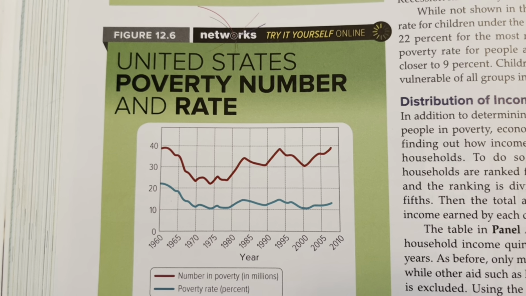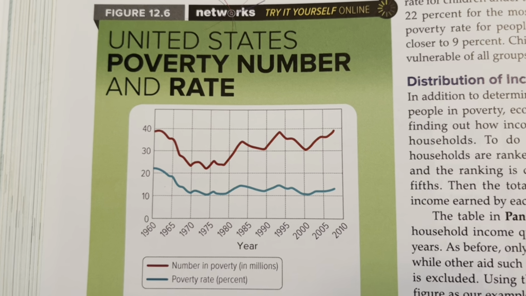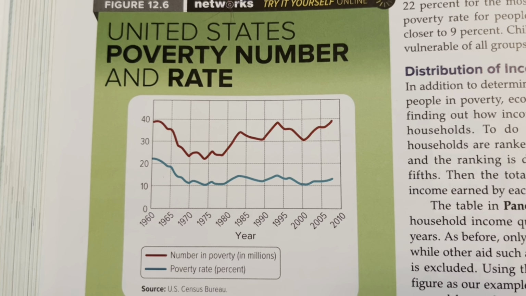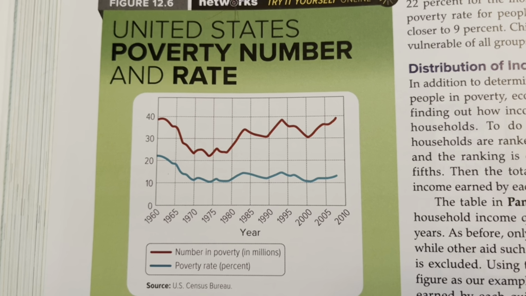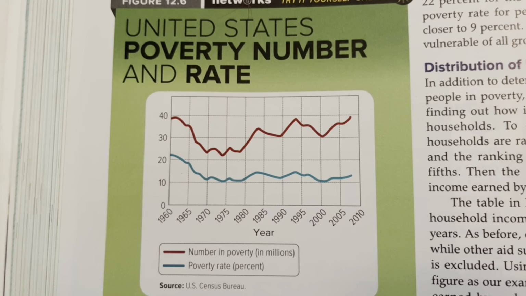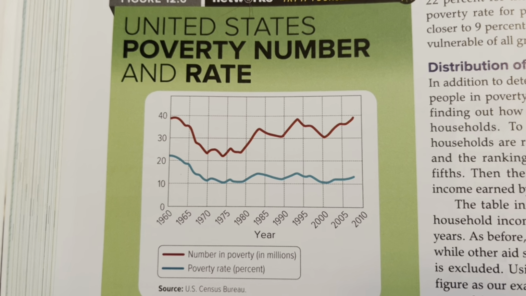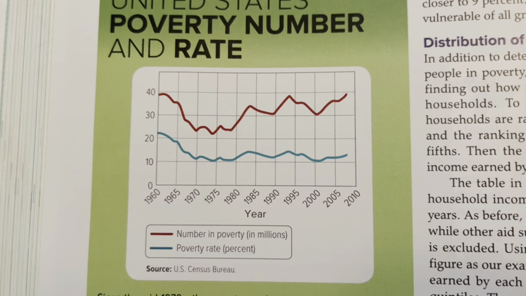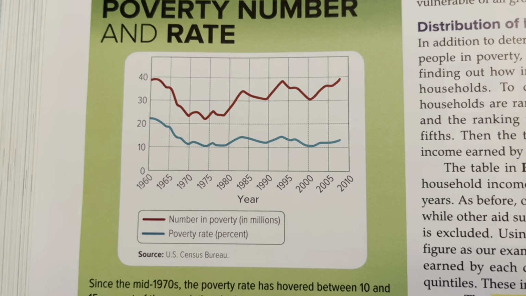And then here is figure 12.6 showing the United States poverty rate across time. We can see as far back as 1960 and then all the way up to 2010. The red line is the number of people in poverty in millions of people, and the poverty rate is the blue line. As you can see, the poverty rate dropped during the 1960s until about 1970. Then it kind of remained roughly flat with some small increases over time. So the 1960s would be the Great Society program of Lyndon Johnson, who was president at the time. That did a pretty good job at reducing poverty.